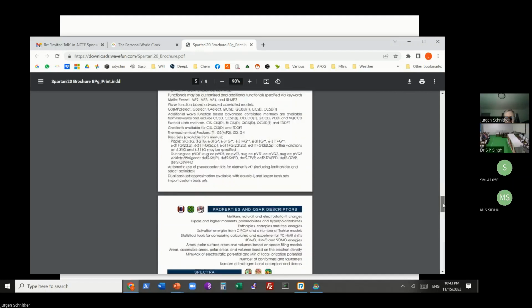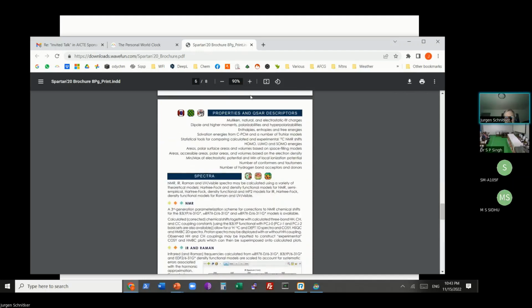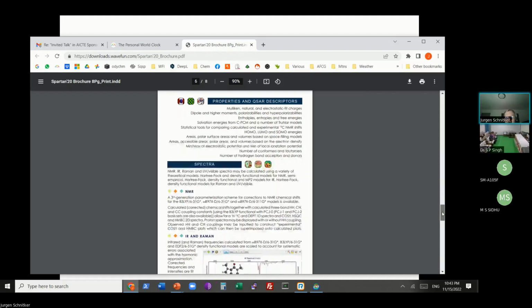A long list, properties and QSAR descriptors. QSAR is also relevant for material science, calculating from solvent accessible areas and stuff like that.